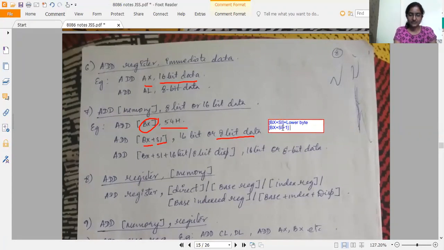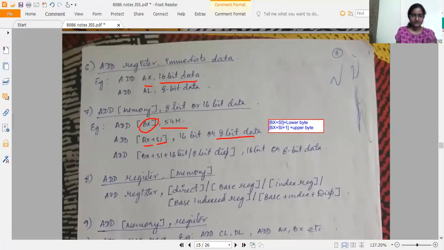To this, you are going to add the higher byte or the upper byte. That is how it works. Similarly here, along with the base and the index register, we are making use of displacement.